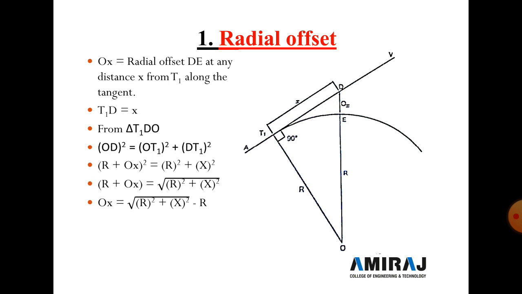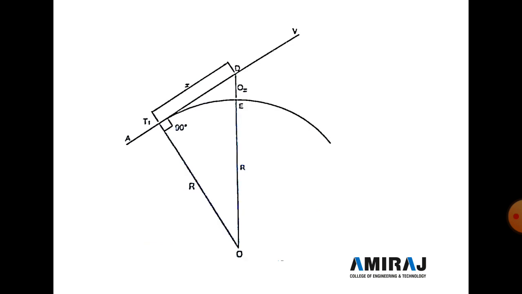So R plus OX is equal to the square root of R square plus x square. So OX is equal to the square root of R square plus x square minus R. So it's the radial offset equation. Now next,